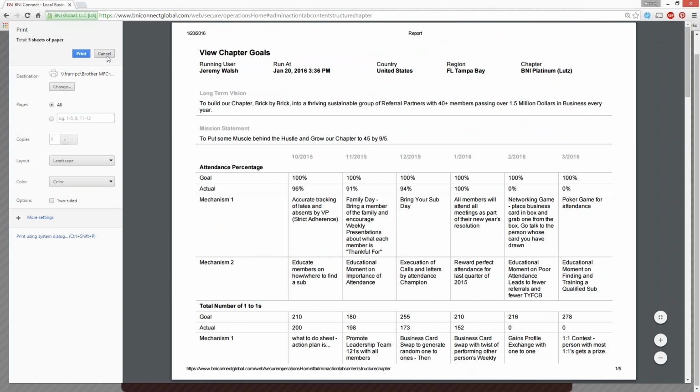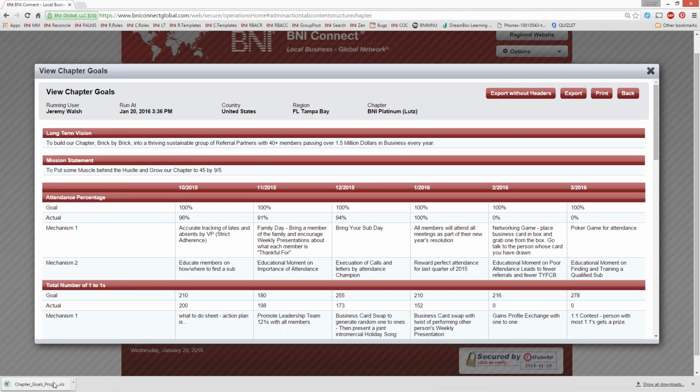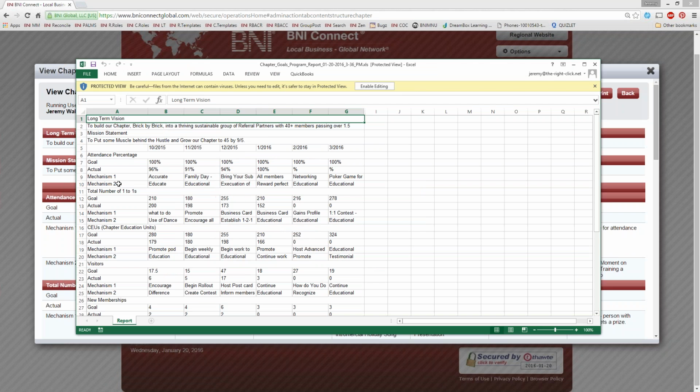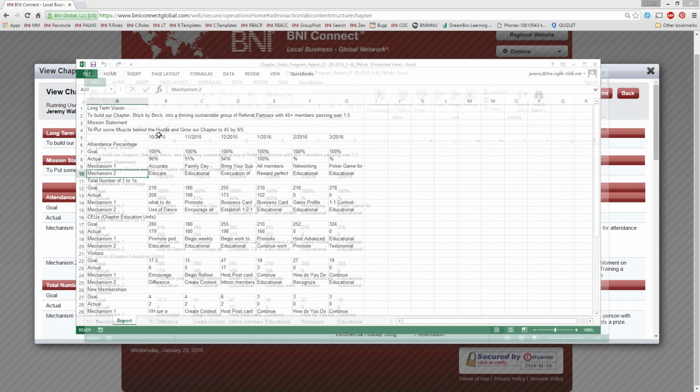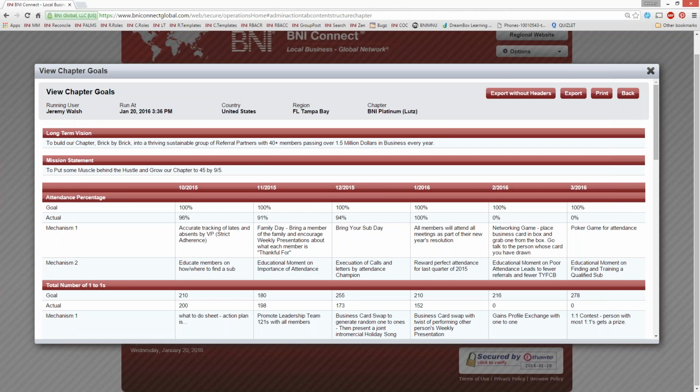Now, if you're not happy with the spacing or anything like that, you can, of course, always export this to Excel. This is actually how I made the blank sheet. I started with just exporting this out to Excel, and from there I used a blank copy. It's a nice, easy way to get this into Excel format, and if you'd like to, you can print it out from there in a more printer-friendly format. So good question. Thanks, John.